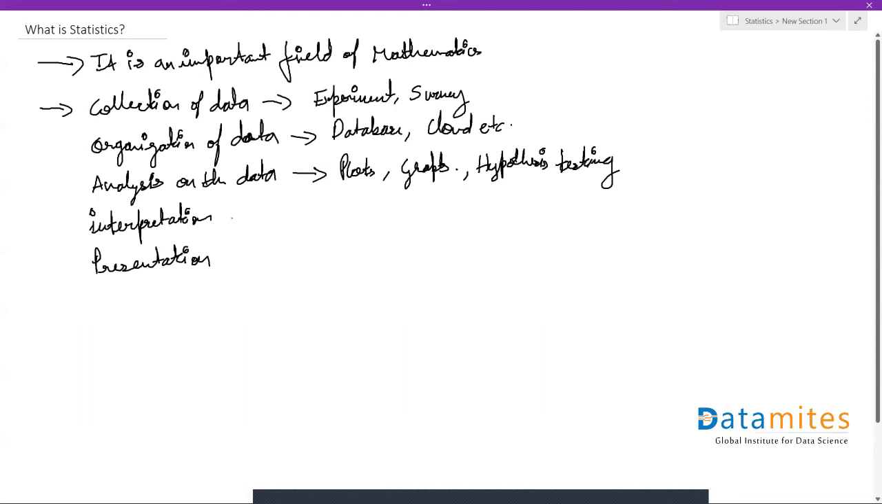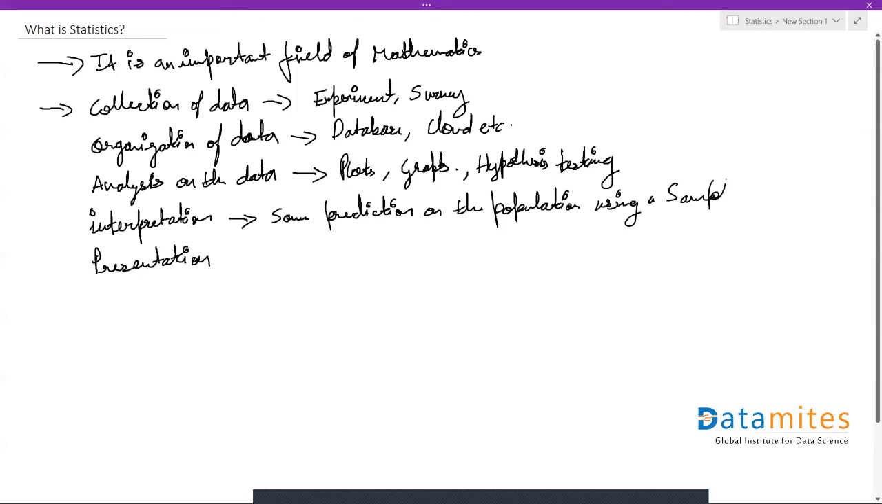And interpretation mainly deals with some sort of predictions. So some prediction on the population, using a sample. So obviously when we get the data, it's a huge data. So in order to get some prediction on that whole population, we use a sample of a small part of the data, and we perform some sort of analysis on that sample in order to get some idea about